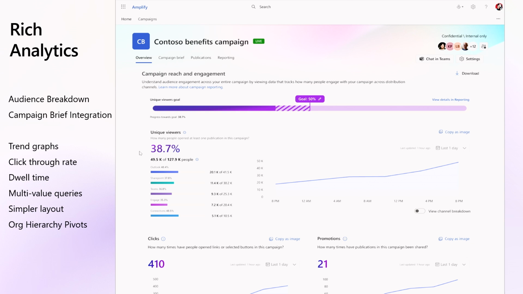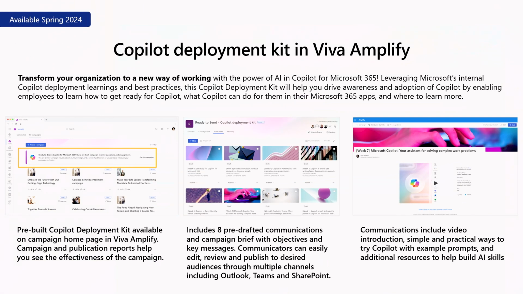So a lot of things that we have on the roadmap here are helping us to track dwell time, making sure that people are actually doing that click through, taking the actions that we expect as part of this too, and then being able to break that down by your organizational hierarchy. So how many people in this department, in this location, under this organizational leader, right? Being able to understand all of that richness and how those people are consuming the message so that you, again, can take that next best action as part of this too. So lots and lots of goodness.